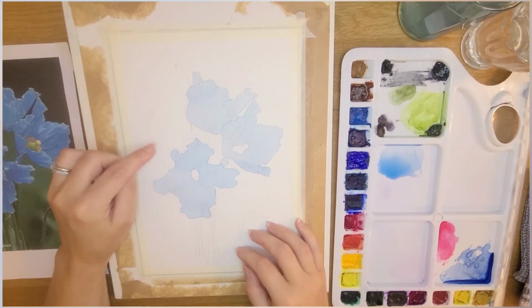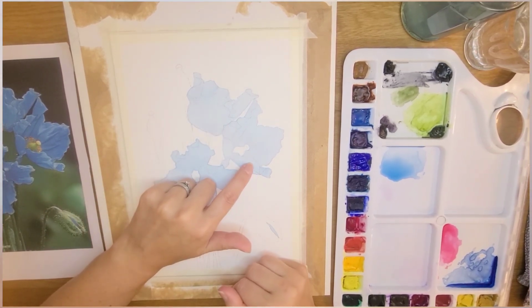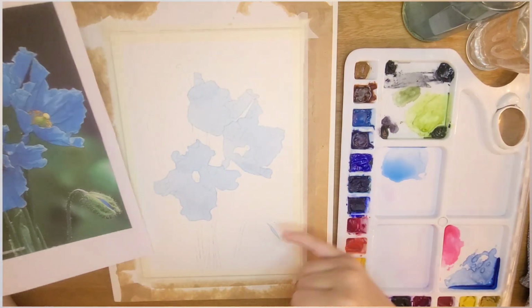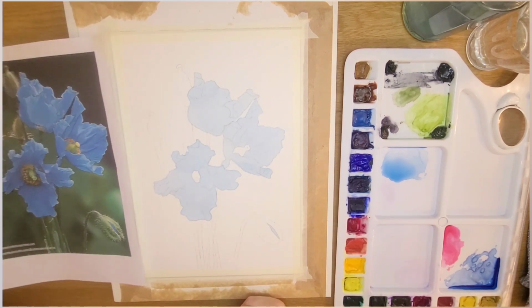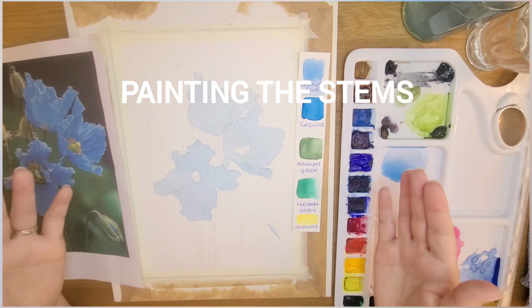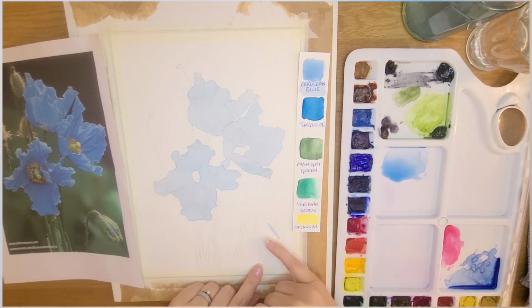As you can see, I continued on with the same technique and I have painted my wash over the other two poppies as well. So the next step is to paint the greens in the stems and the seed heads and things. So we always paint from light to dark. So I'm beginning with the Viridian green and I'm going to start in the foreground here with this bud